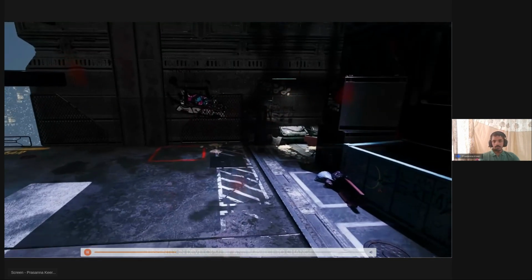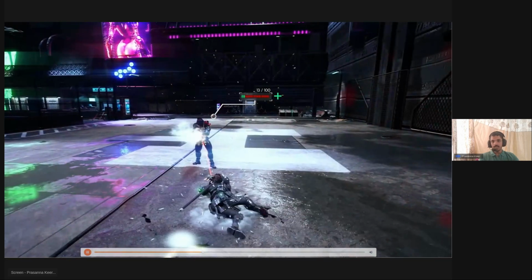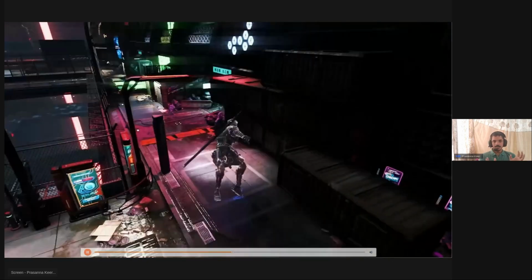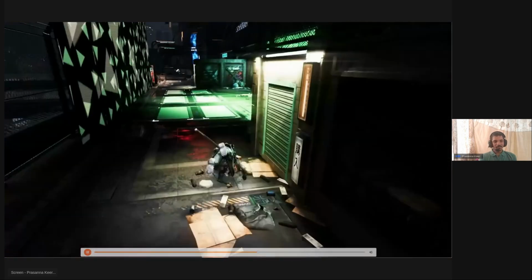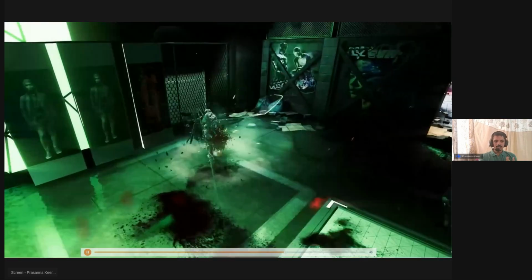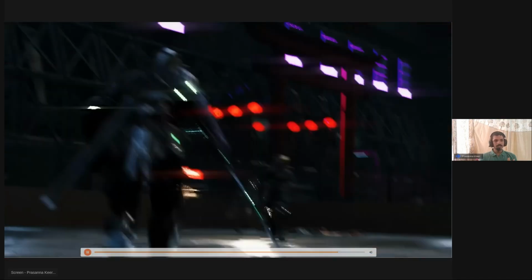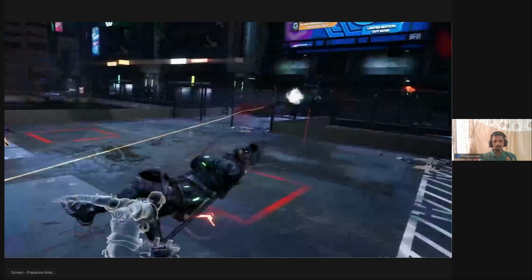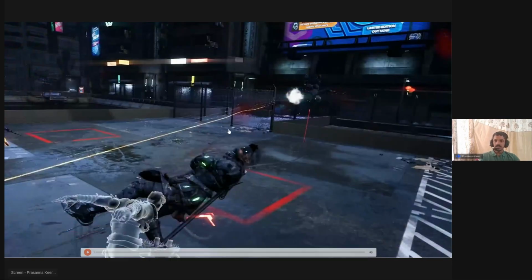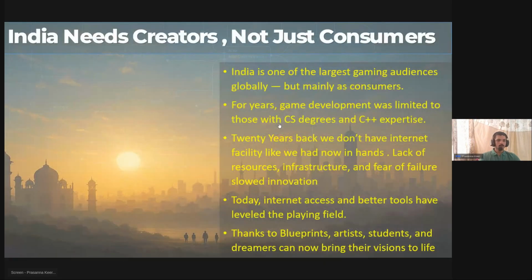This is actual gameplay, not a cinematic bluff like the ones we see in E3 demos. I hope this is good enough for a sci-fi game, like Ghostrunner and those kinds of games. It is made entirely by an indie developer, just using Blueprints. So far, it's now our time.